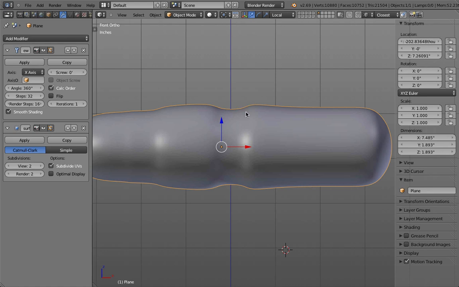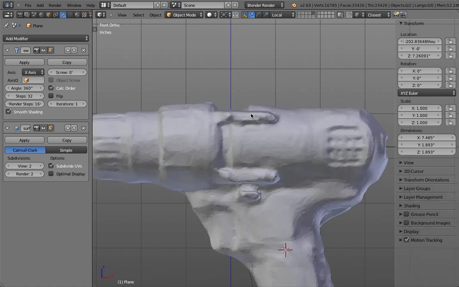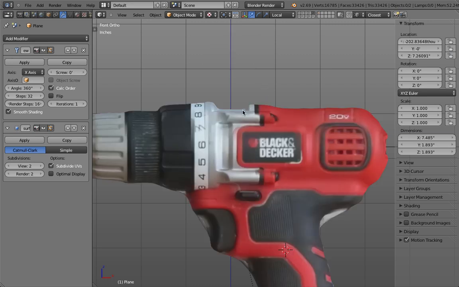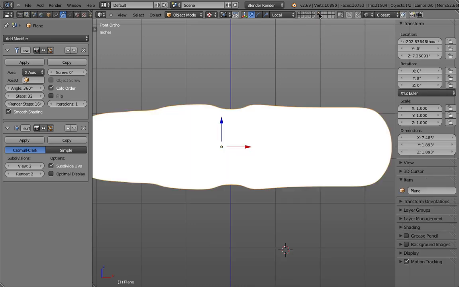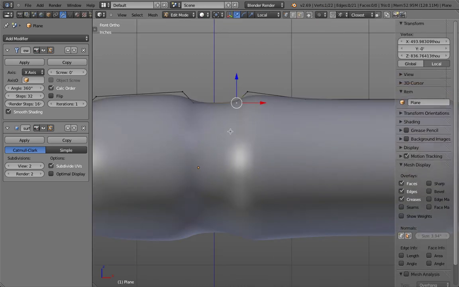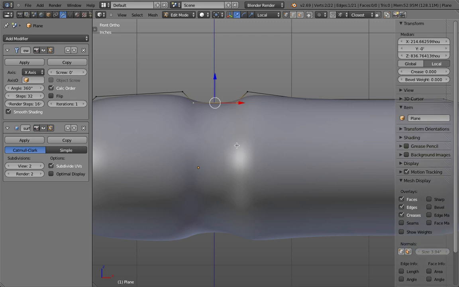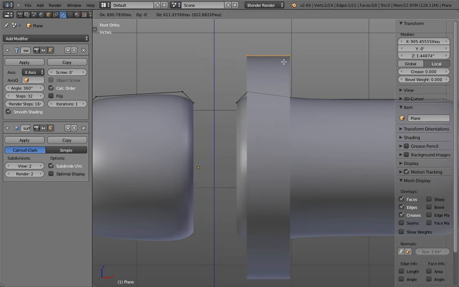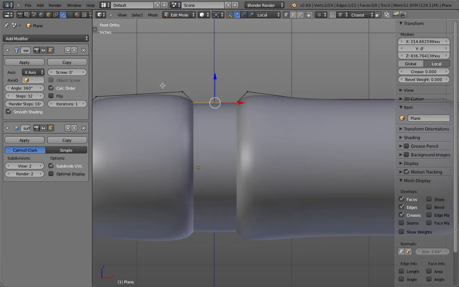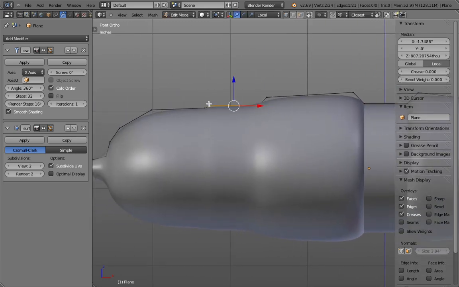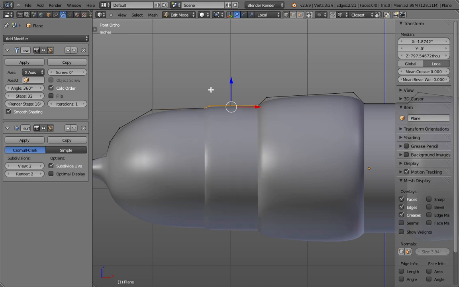Okay, so in my scan object, I know that, for example, here are sharp edges, specifically when I take a look at the real object. So what I can do here, let me show you. If you select two edges or 2 points in an edge, you can press Y. And Y basically rips it out, so it separates it. So for example, this is a separate part. So Y, and